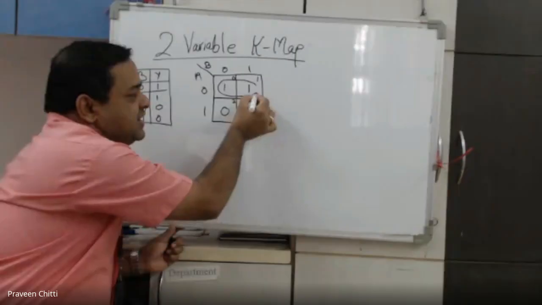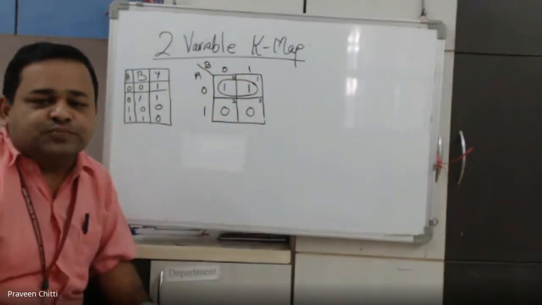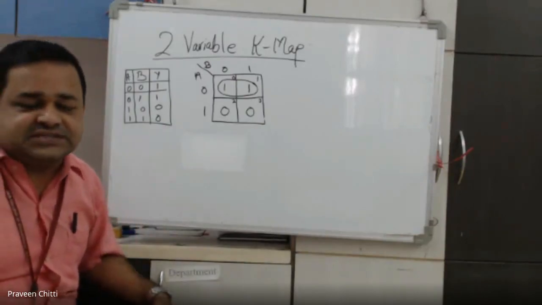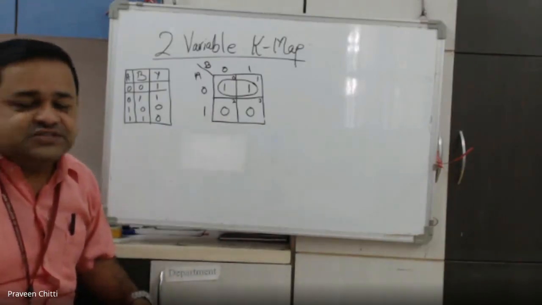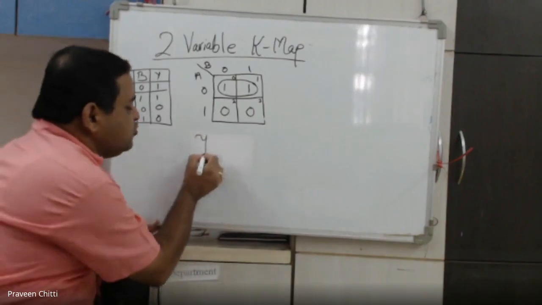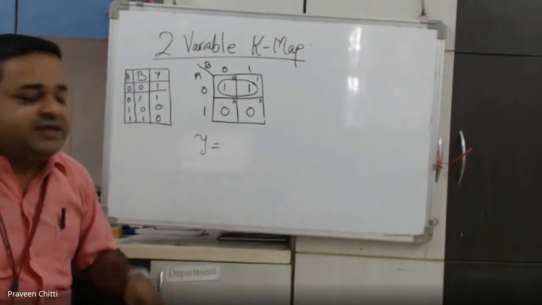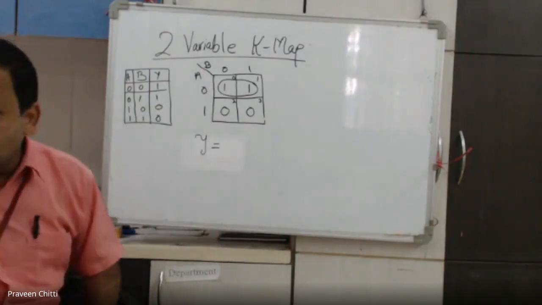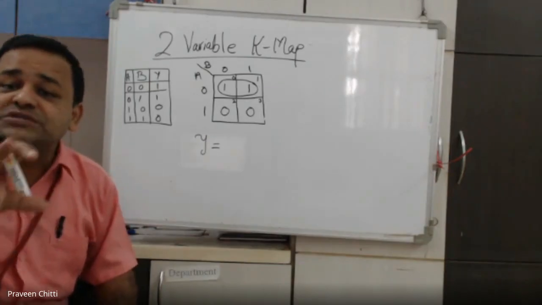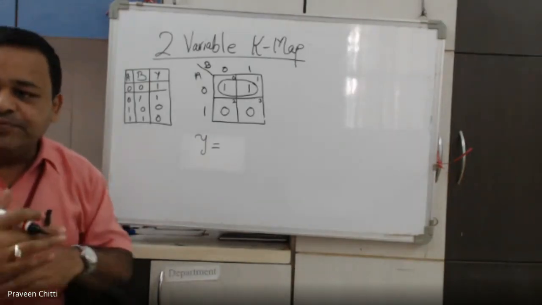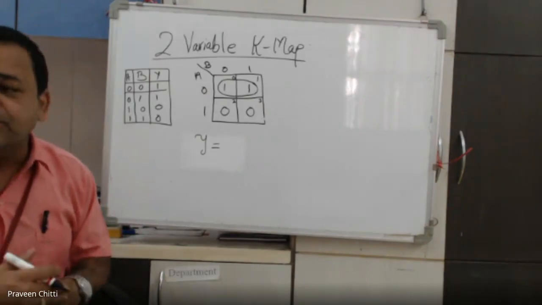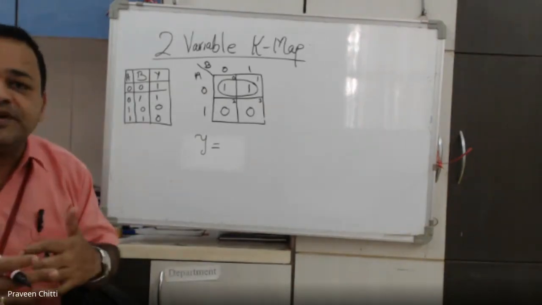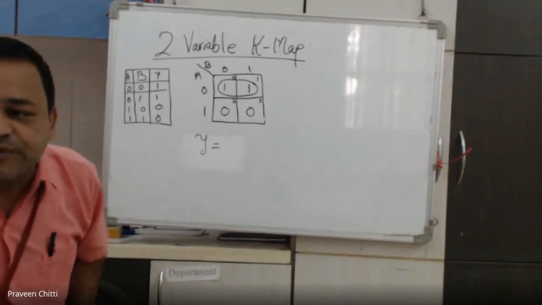So what groups can I form here in this particular case? One group of these 2 ones. Till you cover all the ones, you need to do this. And once you do this, finally you have to write the output equation from it. You need not do any simplification; directly you will get the answer from the K-map. Whatever number of groups you form, that many product terms you get, and if there is more than one group, you take the sum of those product terms.